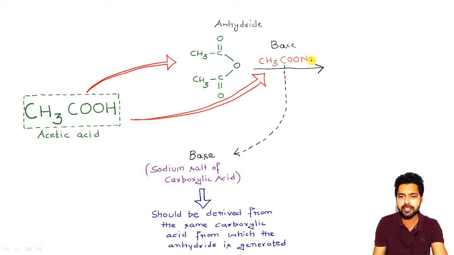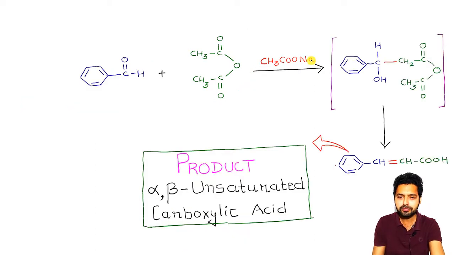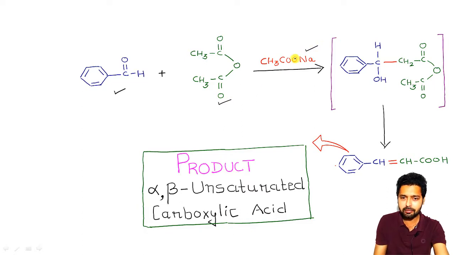That particular base has to be used here every time, right? And you can see here, we have our aromatic aldehyde. This is the aldehyde here. This is the anhydride. The conditions are basic here, and I think I am quite clear now on what type of base has to be selected, right? So the reaction will be taking place here.